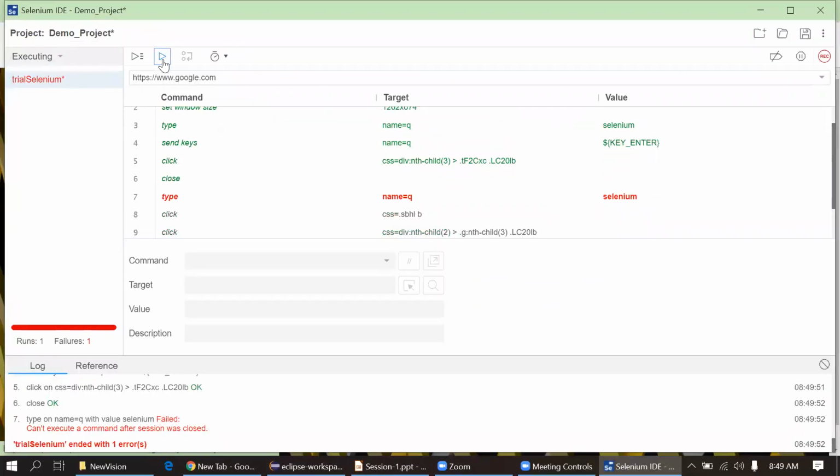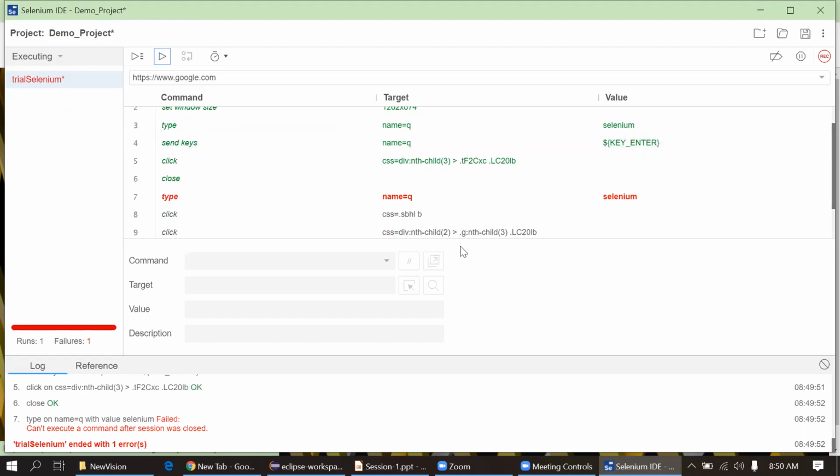That is a disadvantage of the Selenium IDE. If you want to perform some navigation actions in the Selenium IDE, we can do that as well, but that is not efficient. So it is not in use right now. No one is using Selenium IDE. This is only for demo purposes; I have just installed it. You just need a basic understanding of what Selenium IDE is, and that's why I showed you this. So I'm closing this browser.